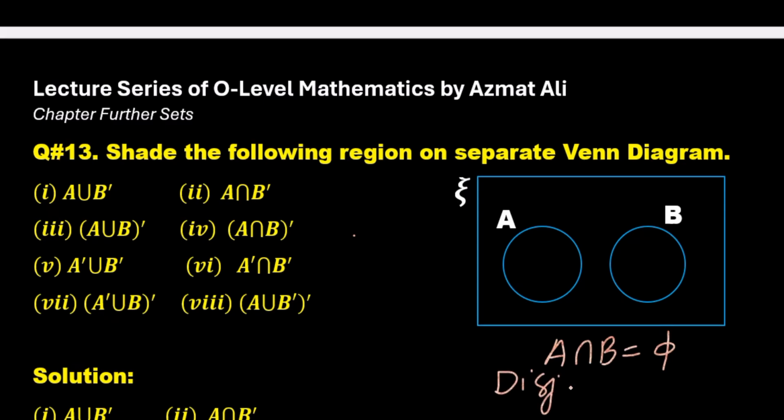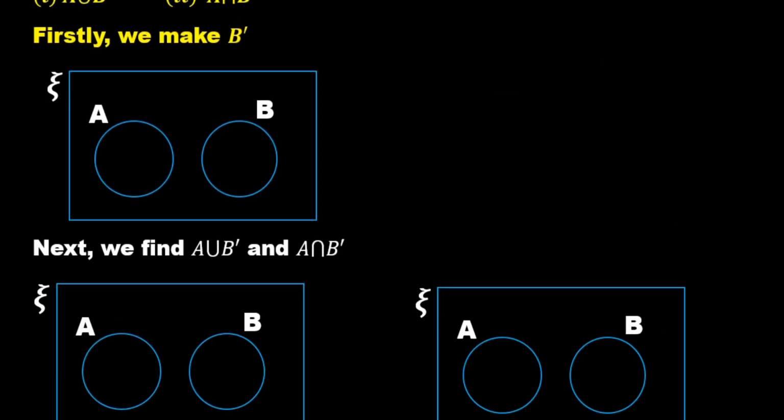Disjoint sets. Okay. In the first two parts, we have to find